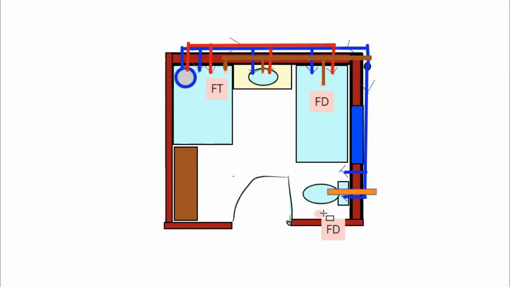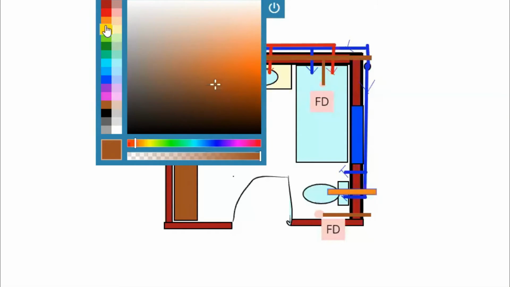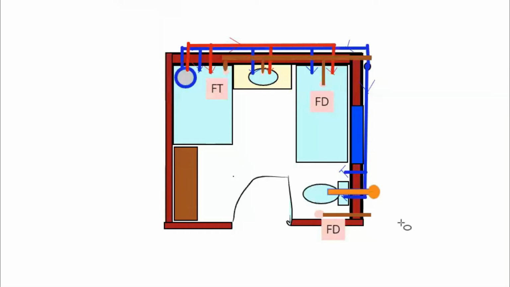Now, if this is my another floor drain, this will also be connected to an external pipe. In this case, instead of taking an entire long pipe, you can have 3 down pipes of 4 inches each, or 4 or 6 inches each. For the soil, we have directly a pipe which is going down.